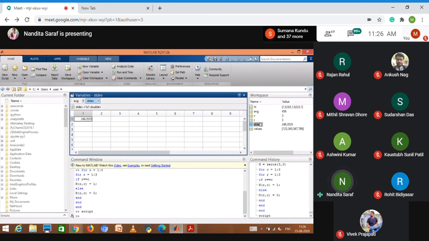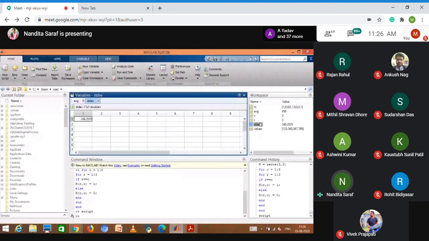Whenever I'm using a dot, it means it's an array operation, an element-wise operation. If I have two arrays and multiply them using a dot, the first element is multiplied by the first element, the second by the second. Matrix multiplication is very different. If you want matrix multiplication, you just don't use a dot.